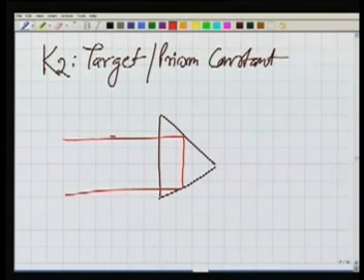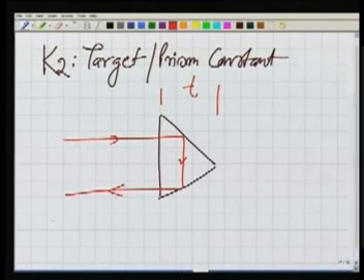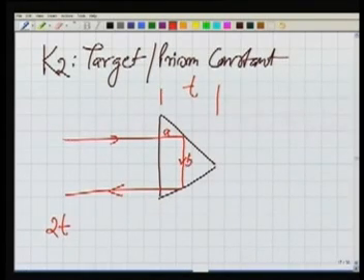Now what is happening? If this total distance is t, the distance traveled by this laser or EMR in between is 2t, because A plus B plus C divided by 2